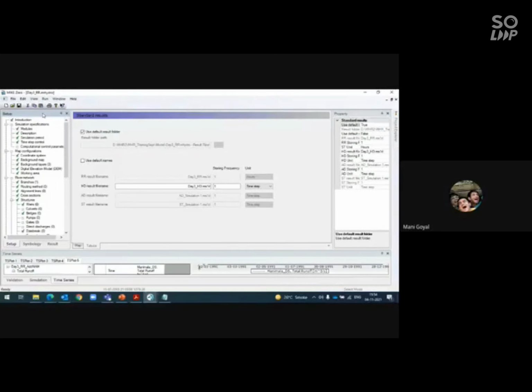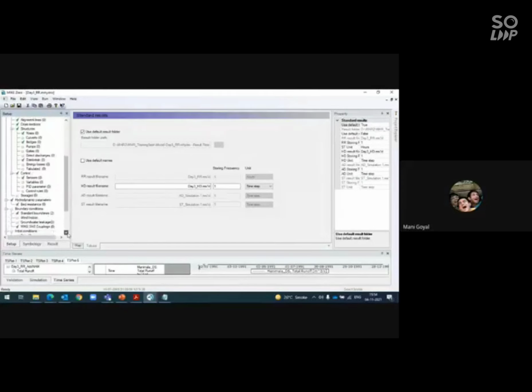1D HD. Again, I will explain two things that are important. One is your river network with cross sections. Then your boundary conditions. One is discharge or whatever boundary condition you want to give in terms of DFS0. First, the boundary at the top, start chainage, and boundary at the end chainage. So these are open boundaries.